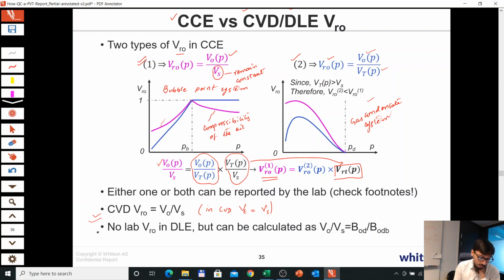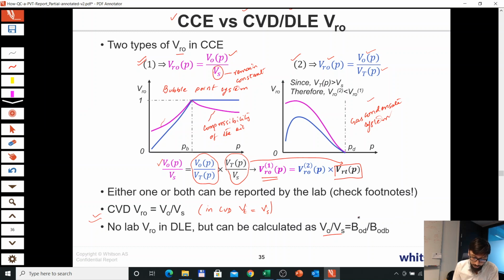and then in the DLE experiment, the labs don't provide you any relative oil volume. There is no relative oil volume in a DLE experiment. But again, with the lab reported data, you can calculate the relative oil volume, and it's very simple because the definition of the relative oil volume that we are interested in is the oil volume divided by the volume at saturation pressure. And